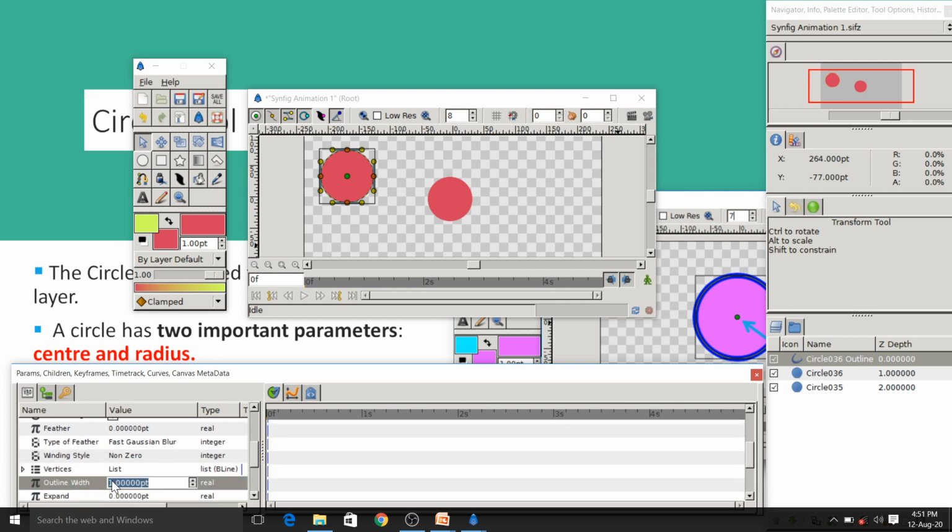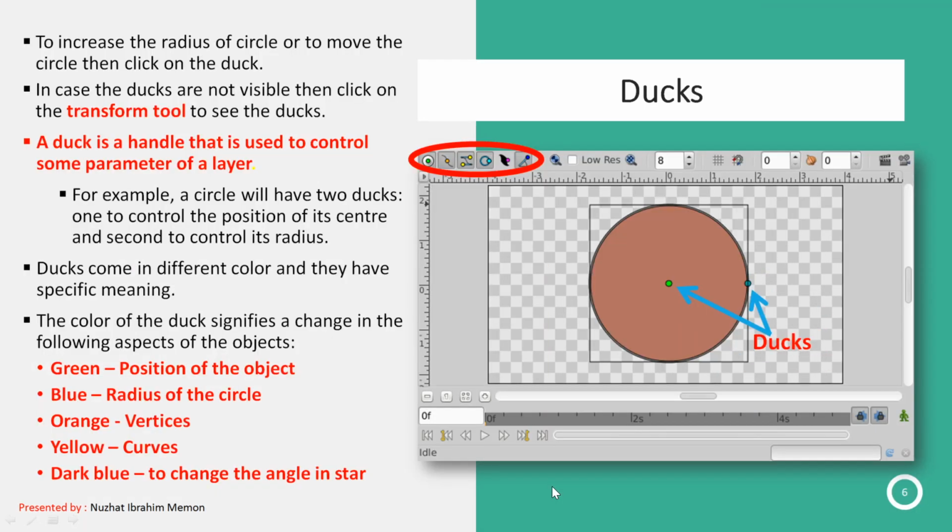So here I will change it to something like 10. So we can see the outline even. So this way we can draw the circle with outline. Duck. If I want to increase the radius of a circle or decrease the radius of a circle, or if